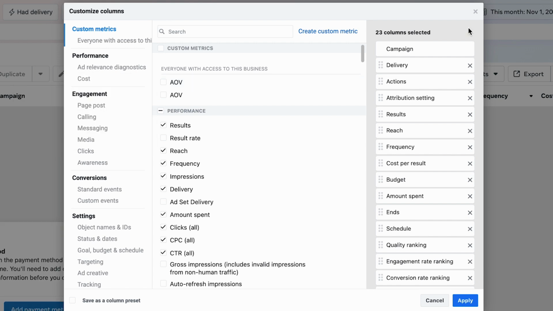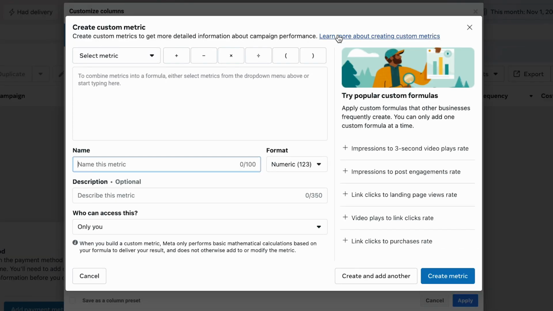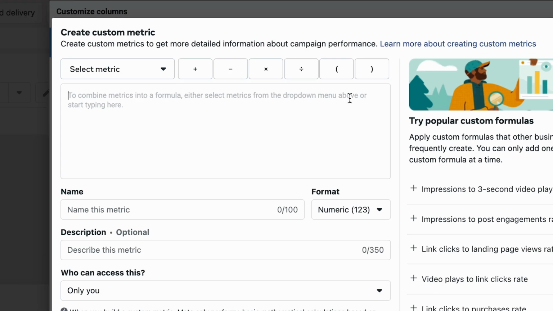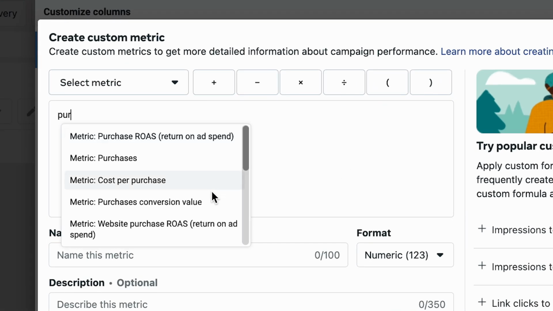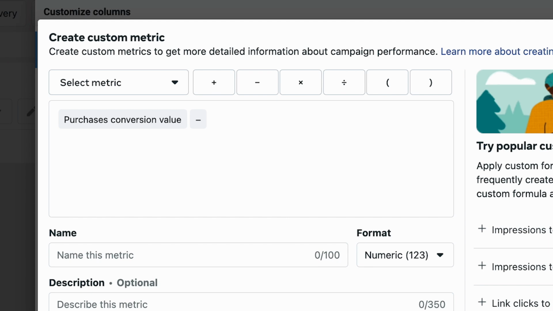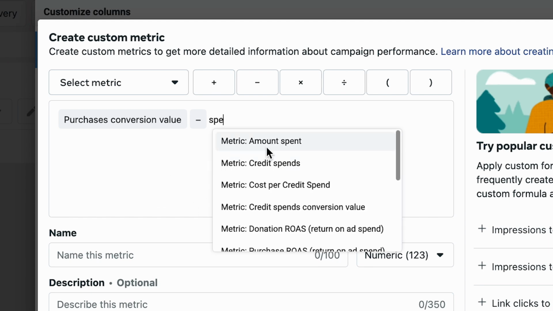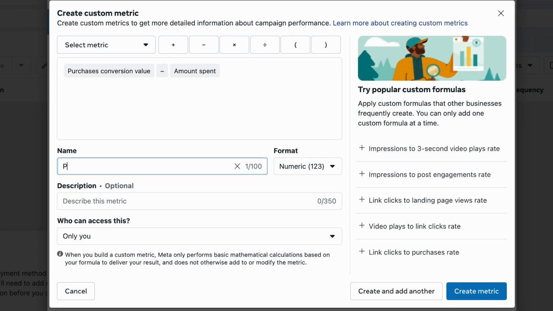Now let's create another custom metric that in their infinite wisdom Facebook doesn't have, and dive into profit. So let's go to create custom metric, and in this case we're going to do purchase conversion value, right? Minus spent, which is the amount that we spent. Great, so this is profit